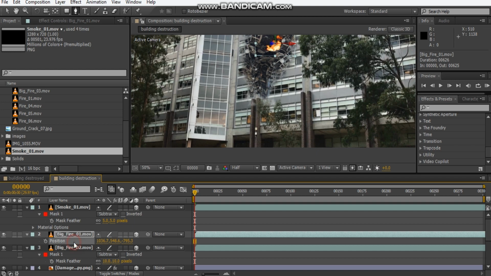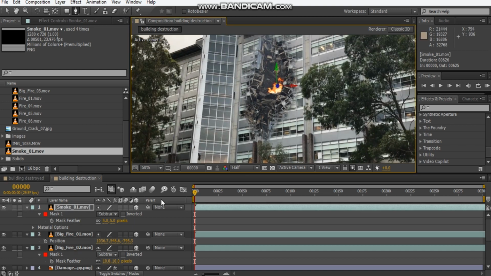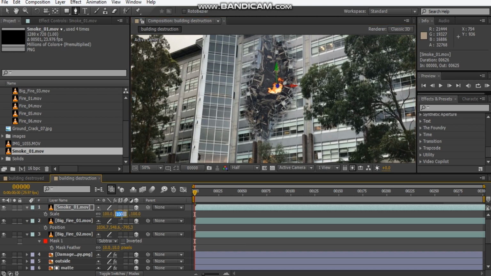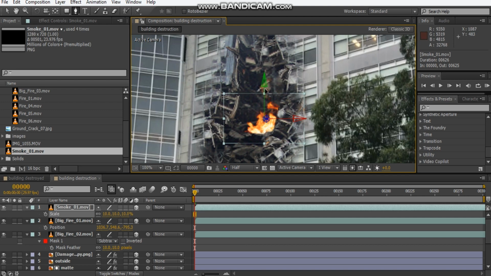Copy the position properties for our fire onto our smoke, and let's just scale it down maybe to about 10,